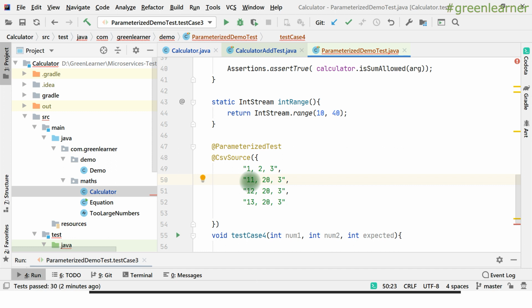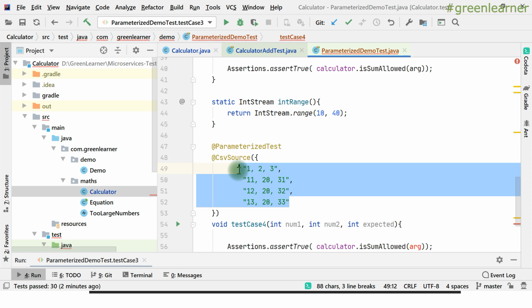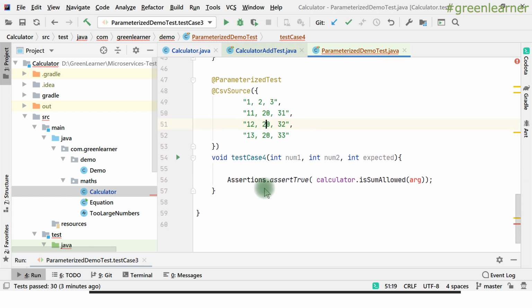So what value we will get? I'm taking these examples, right? By passing these comma separated values, I'm going to execute 4 test cases by these lines, right? So, writing the assertion,